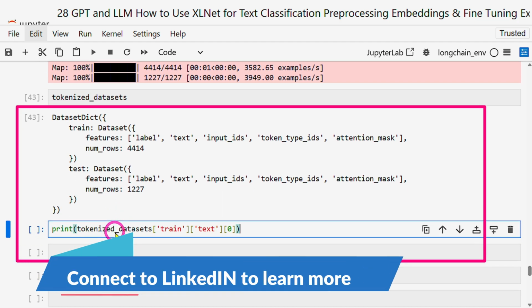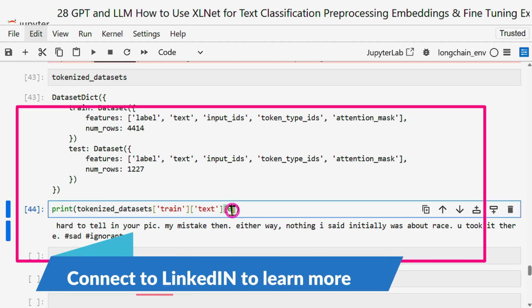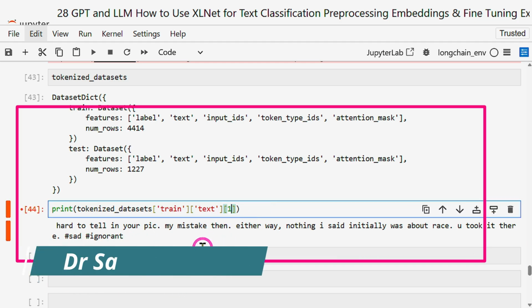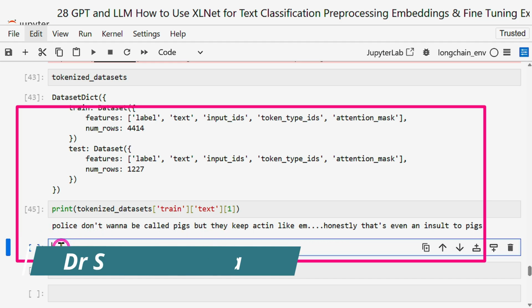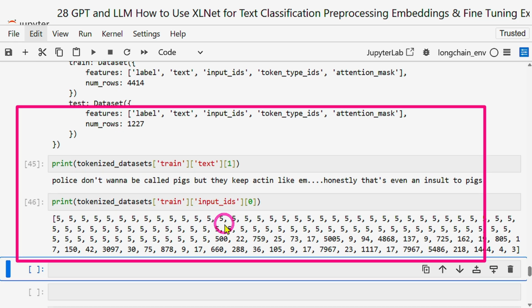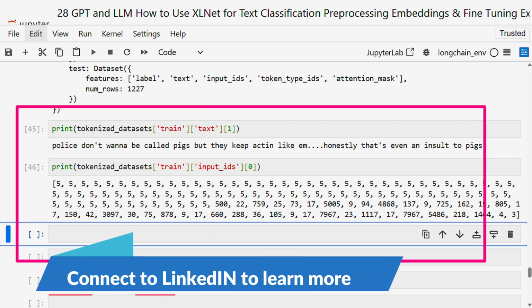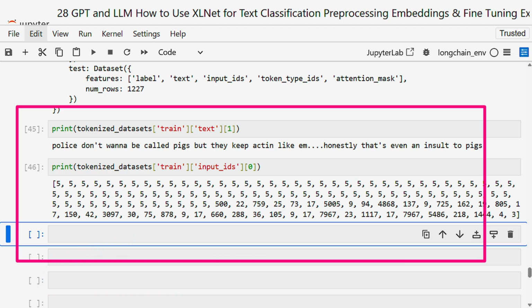If you want to see the first part of this train text, you can see train text dot zero is having this effect. If I want to check the first one, this is having this context. So this is the first ingredient of this value. And if I want to check the tokenized value, you can see this is the tokenized value, which is converted into integer numbers, which is embedded eventually, because we cannot go with words. We will have to convert into numerical values for our ML, deep learning models, or any other training